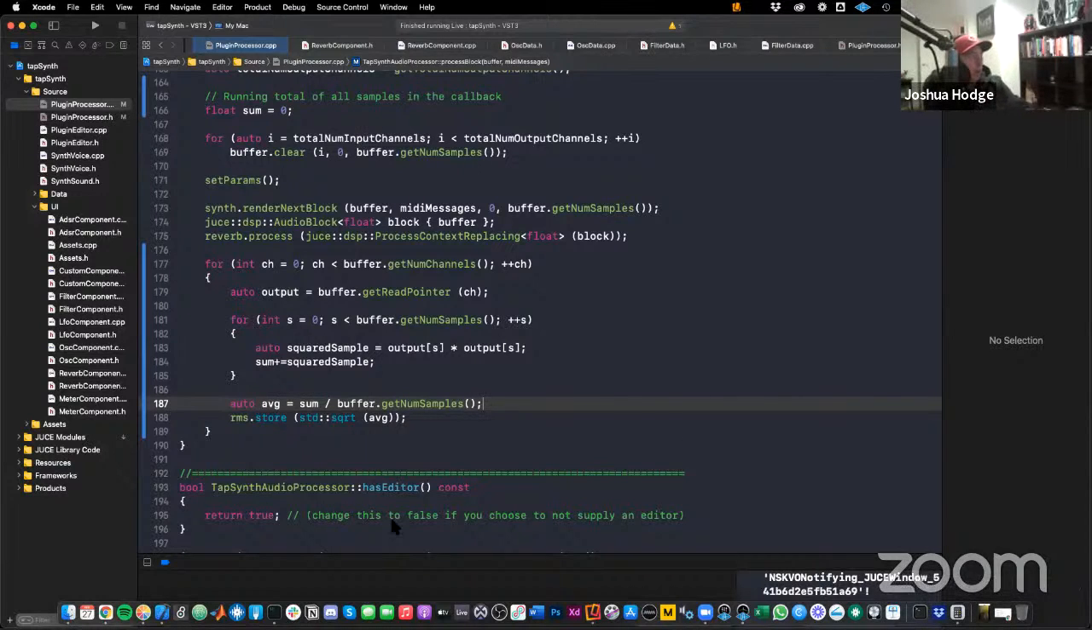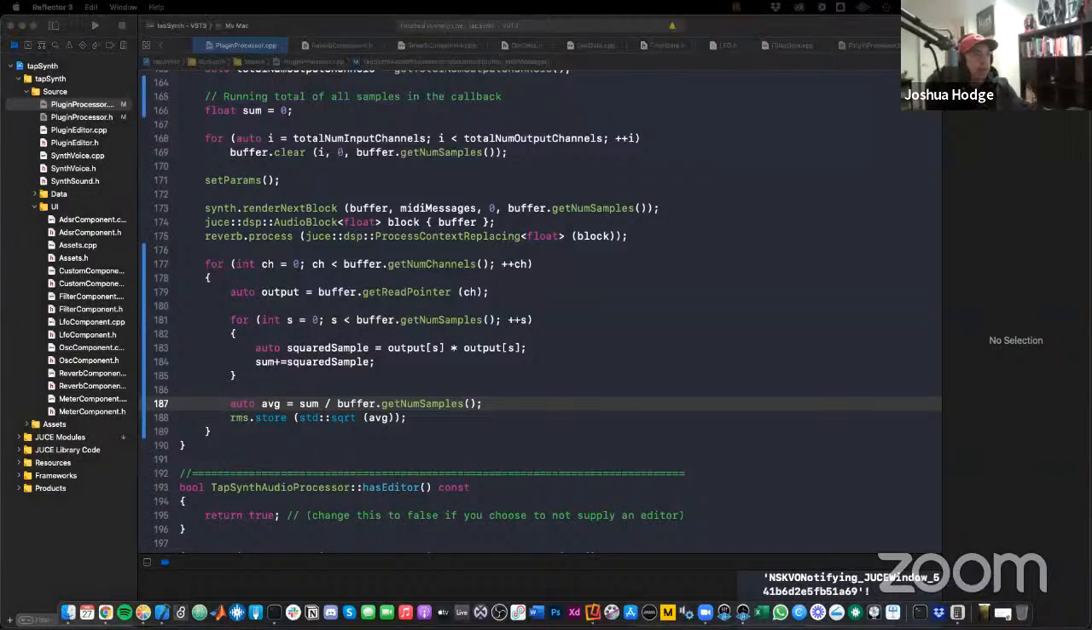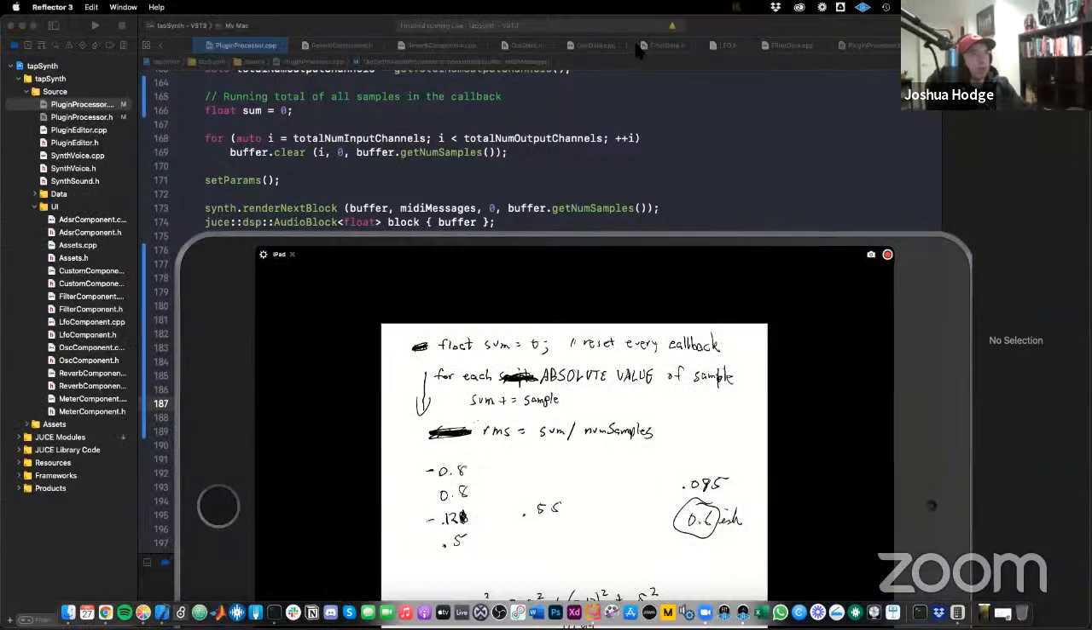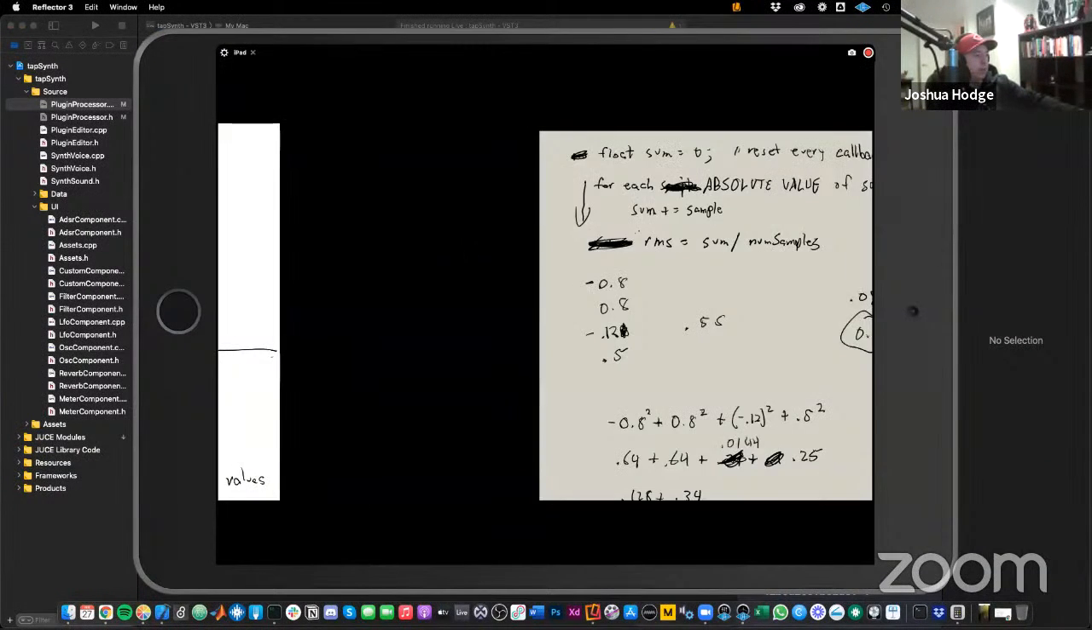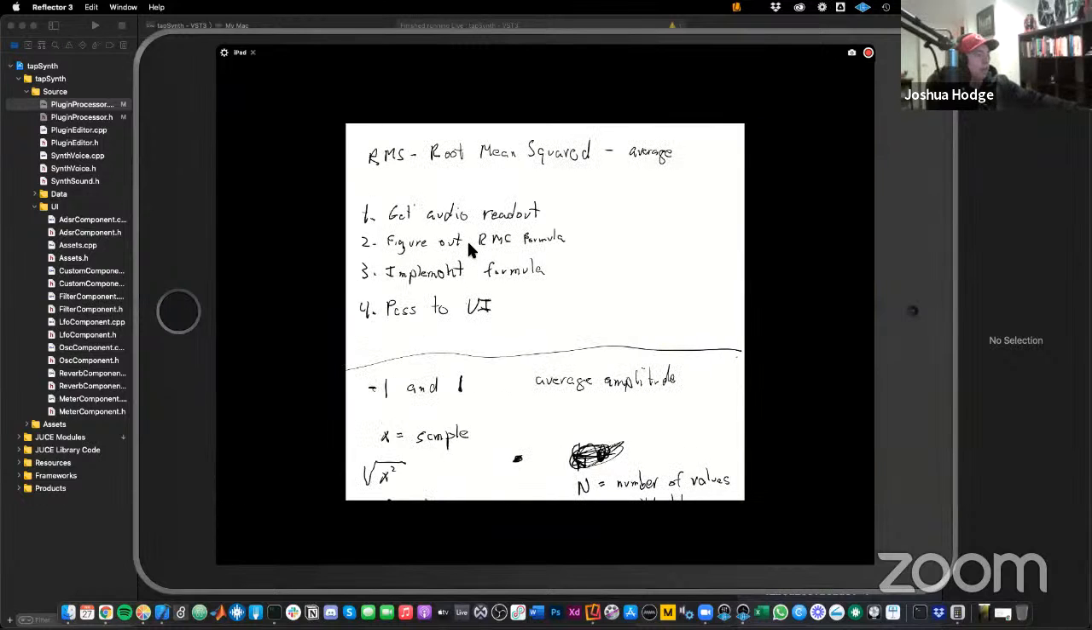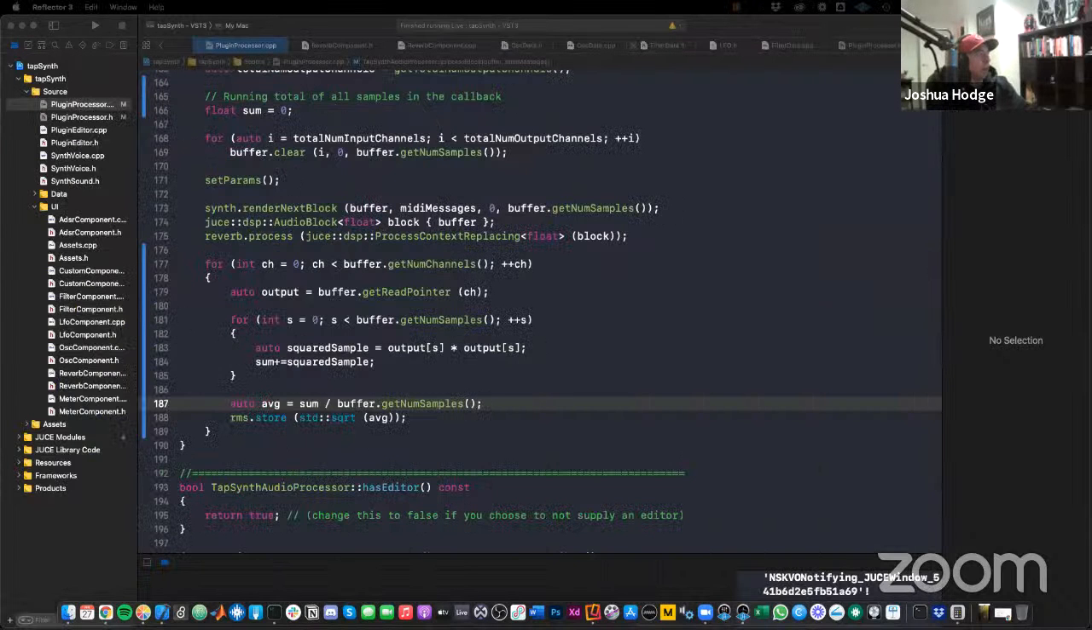So now let's go back to our plan after a little bit of toing and froing. So we've implemented the formula. Now we've got to pass it to the UI. And we've actually got to figure out how to draw it on the screen. So